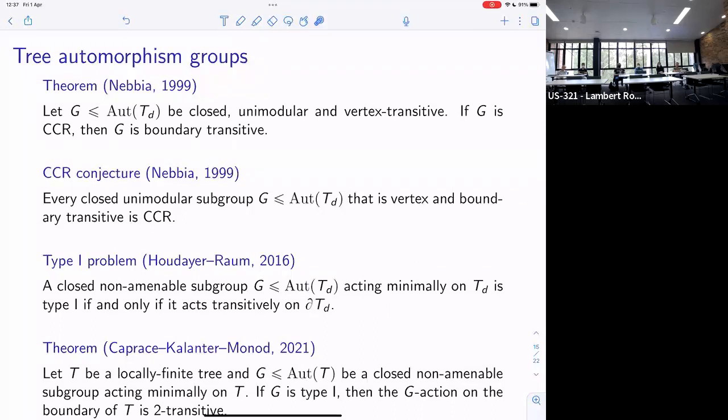So it's a quite well-known theorem by Nebbia from the 90s that for automorphism groups of trees that are closed, unimodular, and vertex transitive, the group C* algebra of that group being CCR implies that the group acts transitively on the boundary of our tree. And it was also conjectured in the same paper that if we have a unimodular group that's vertex and boundary transitive, then the group has to have CCR group C* algebra. But this conjecture is still open,